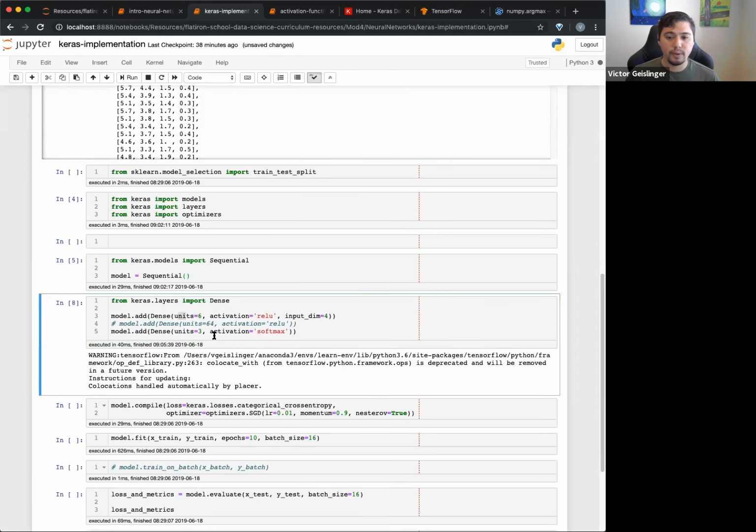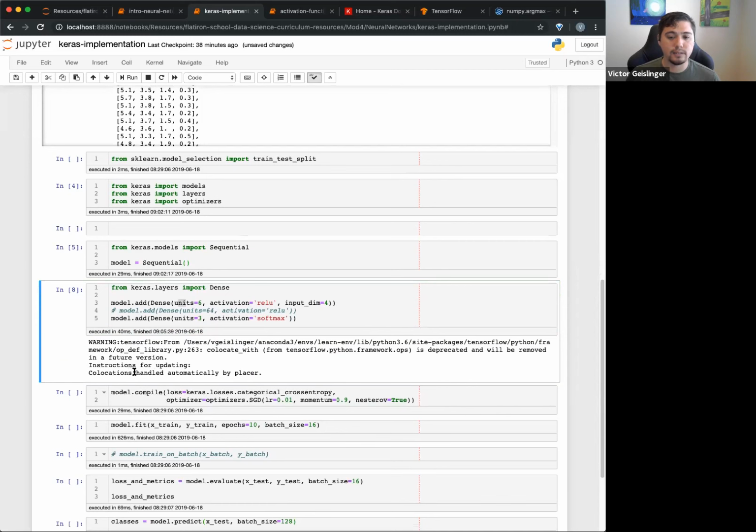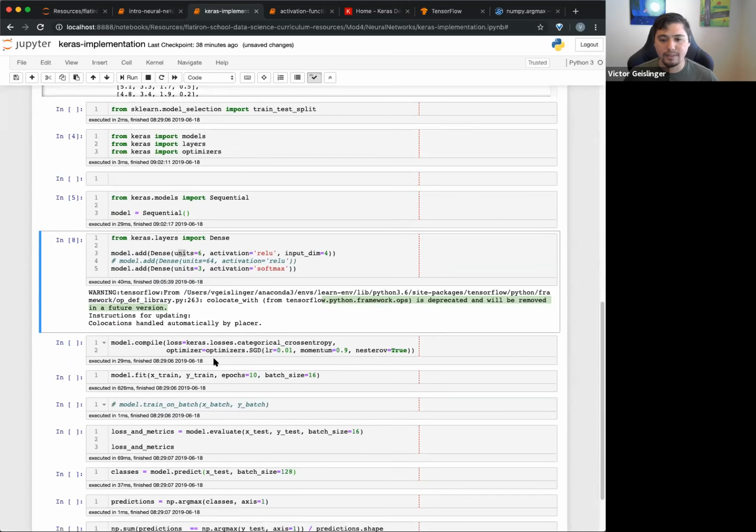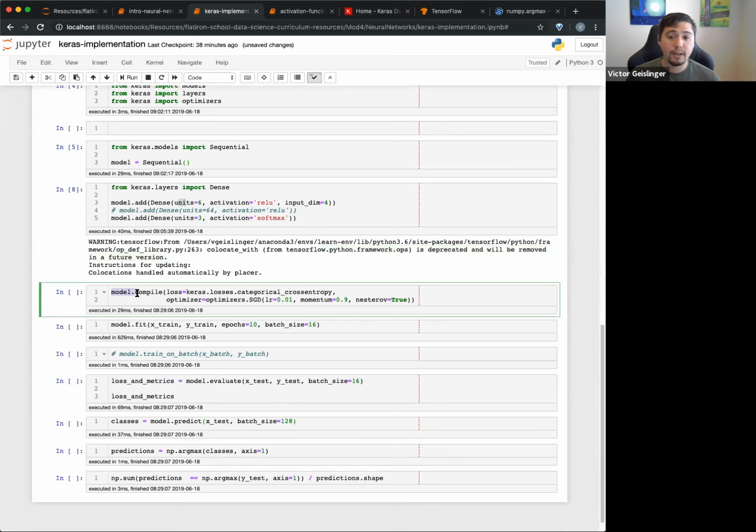So our really simple network, okay, you can see here it's just letting me know, hey, some of these things are outdated. That's just for my internal stuff. Don't worry about that. And then we have right here a model compile. What's really interesting is that Keras builds this model from object-oriented programming, and once you have this model, it compiles it into machine learning code.